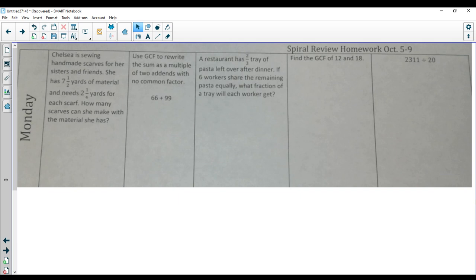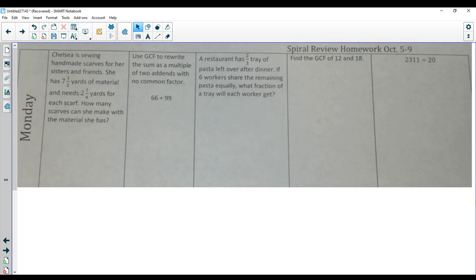Alright, so this is a review of everything we've been doing since the beginning of the year, okay? It's going to involve division of fractions, GCF, LCM, and different things like that, okay? So if we look at the first problem, it says Chelsea is sewing handmade scarves for her sisters and